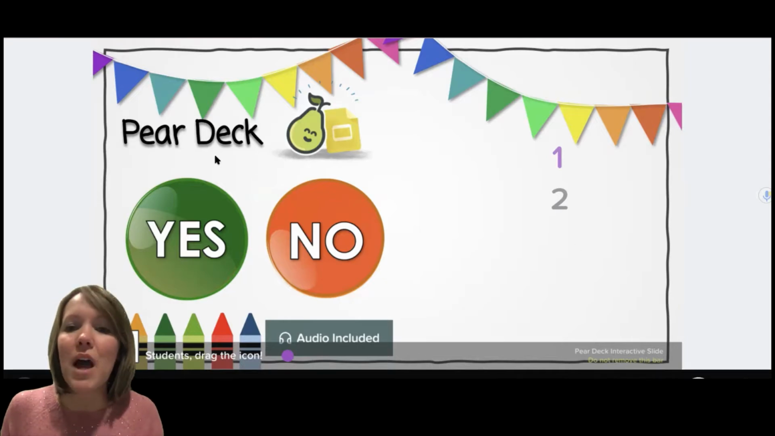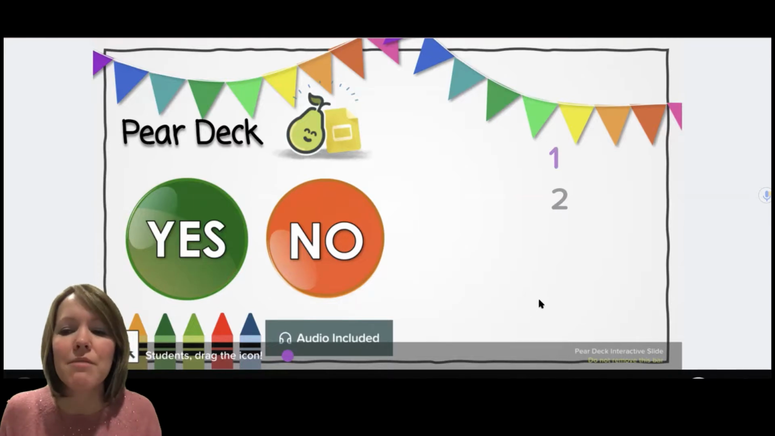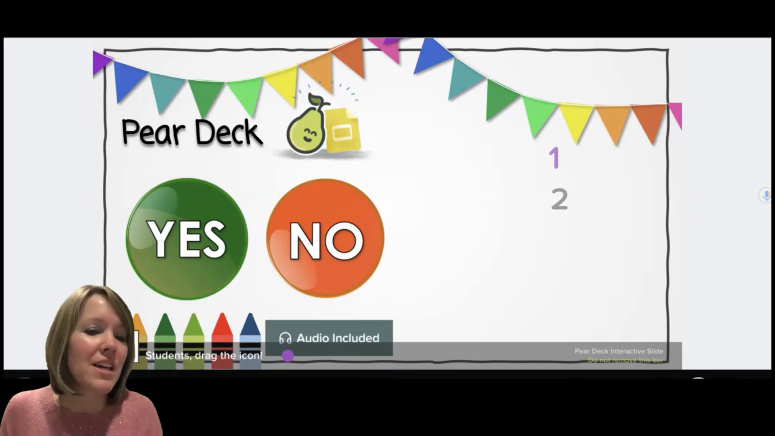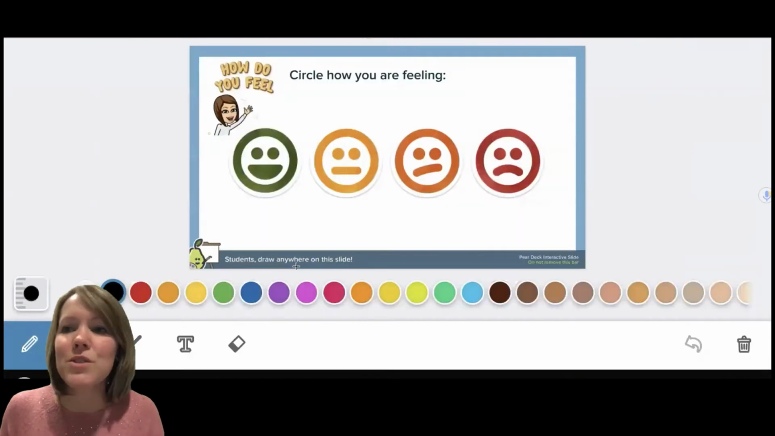So this is saying, have you ever utilized Pear Deck before? And you would drag the number to whichever choice you would want. Because this is student-paced, I wouldn't be able to share my responses in real time with the class, which is normally what I do in a live lesson. I show them what the graph looks like, what the summary is. And then as the students go through, there's what's called a drawing slide,